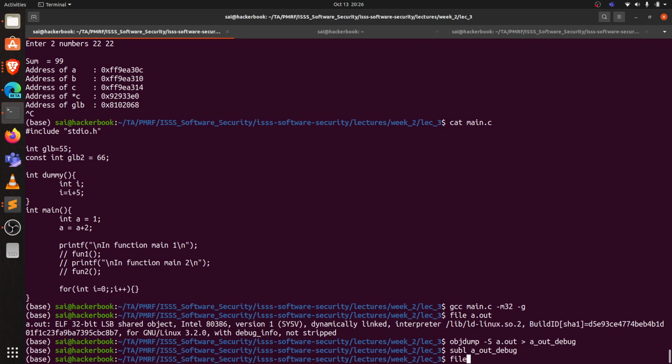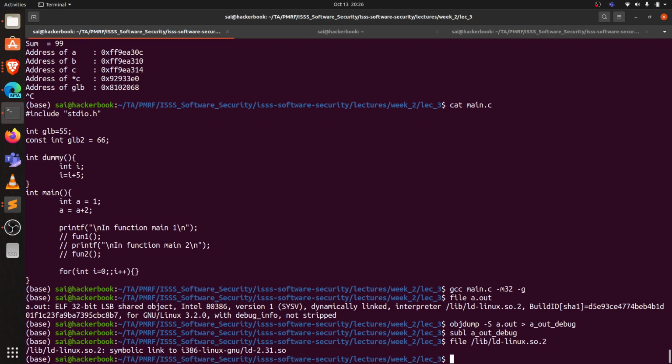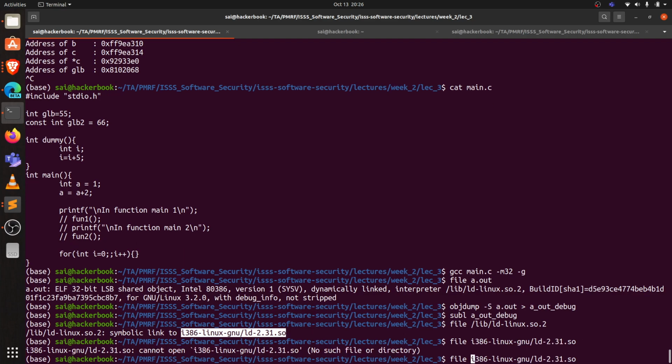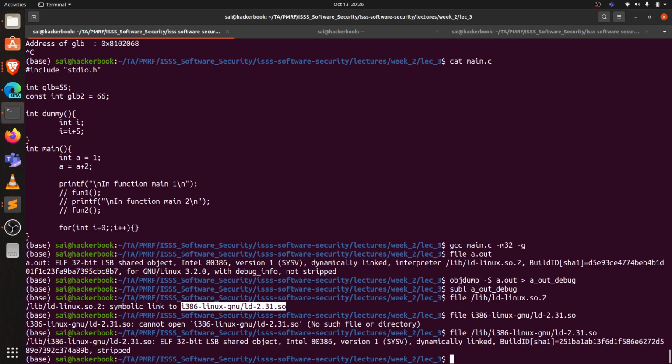Okay, and if you look at that specific file, libldlinux.so.2, that is a symbolic link. So if you notice over here, this ldlinux.so.2 is basically a synonym to